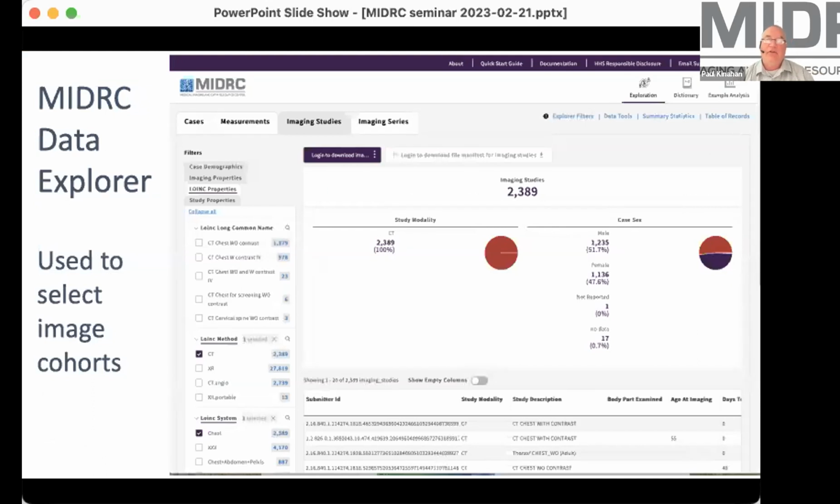If you can see it, it's a little hard to see on the PowerPoint slides. But I encourage you to explore it. Just go to MIDRC and you can launch this and see the studies. And now with the combination of the attributes and the mapping table, you can go through and sort by the LOINC properties, which would be the long common name, or it could be the method, which is the modality, or the system, which is the body region or other parts.